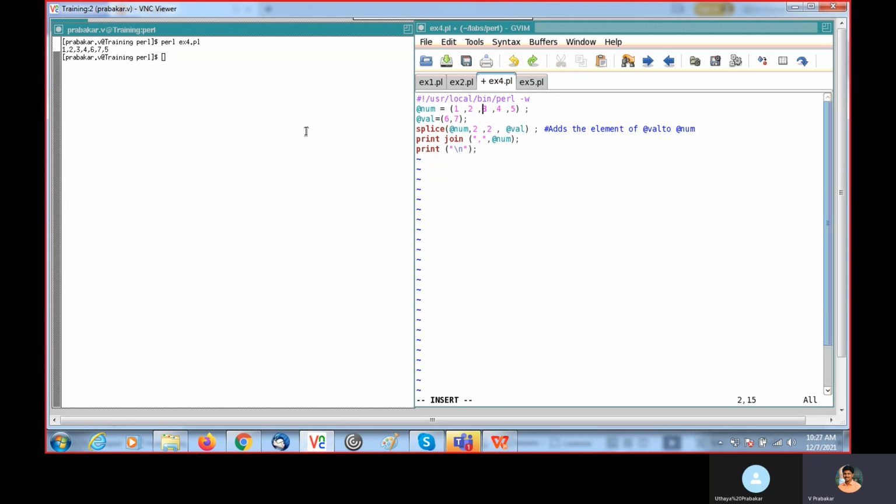So if I run this: 1, 2, and at this position the array is inserted, 6, 7, and it replaces the 2 elements 3 and 4, and the remaining 5 we are getting. These are the arguments we should use along with this splice function.